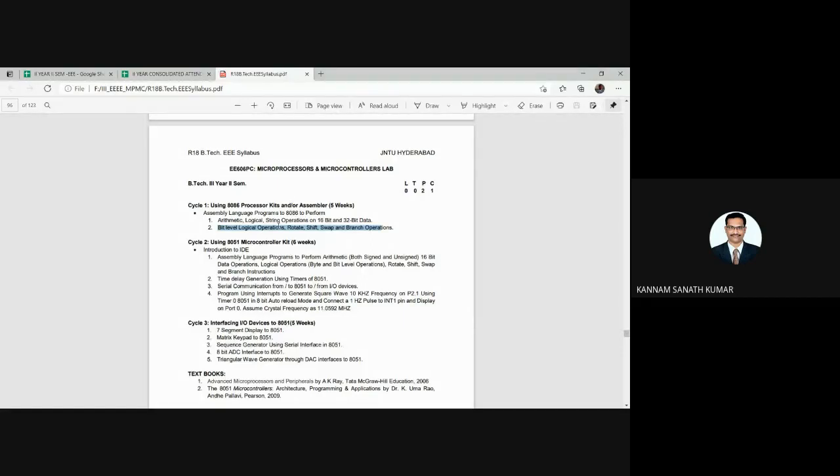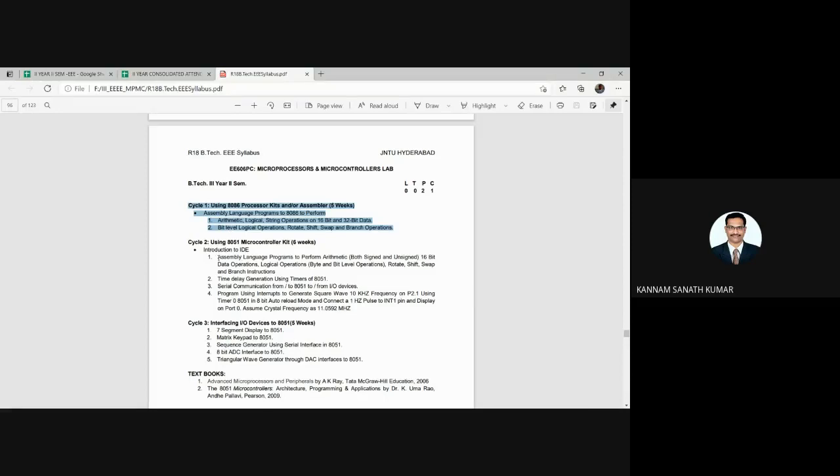Kits are available, but basically there is no provision. That's why I told you in the Mason software. For cycle one, for the 8086 microprocessor, I explained on the Mason software, and in cycle two, a total of 6 experiments are there. So in total we can do 5, 9, and 11 experiments. At least we should do 9 from these 3 cycles.